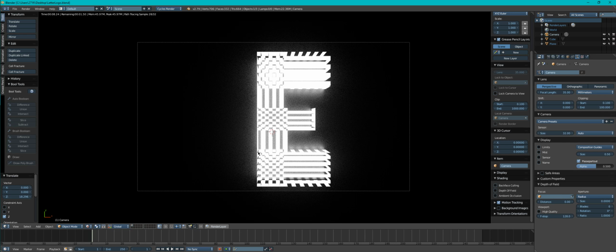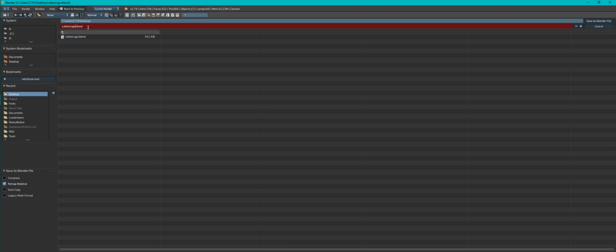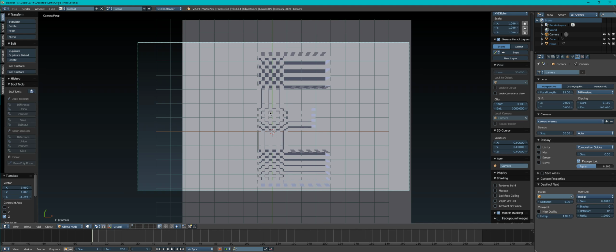Let's save as letter logo. We're going to do a couple shots here, so let's just do underscore, not plus, Shot 1 dot blend. So that's cool. So let's go ahead and